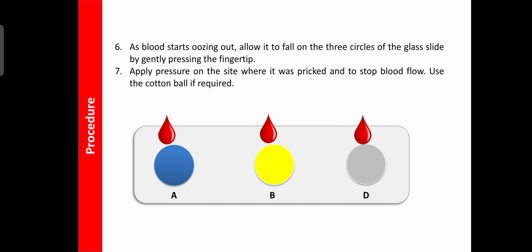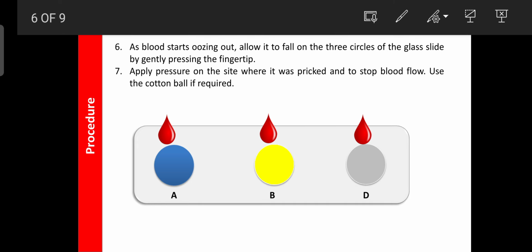So then after pricking, you can put one drop in the respective circle. It means you can withdraw the blood for the 3 drops. One drop goes on circle A without touching the solution, the second drop is put on circle B, and the third drop should be put on circle D. Okay, so then after that you have sufficient blood in the respective circles.